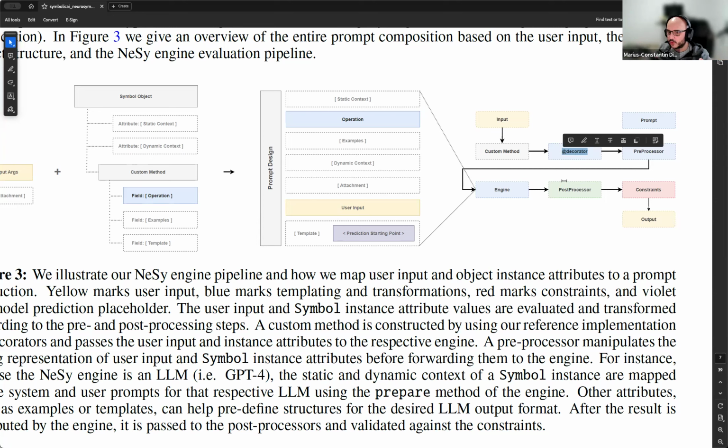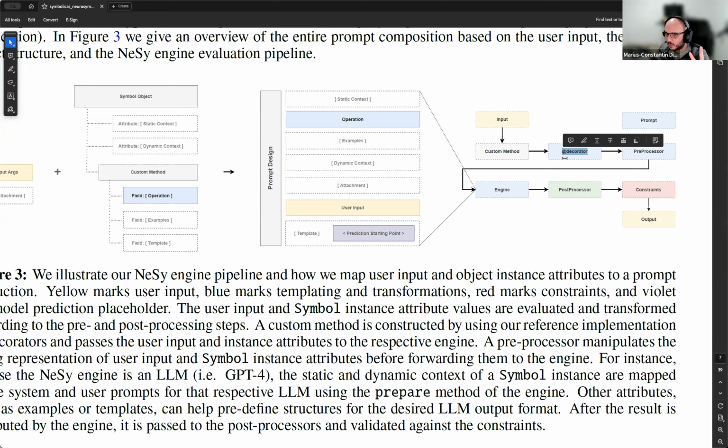So if you don't care about all the symbol manipulations and everything about that, and you just want to have an LLM in, let's say, one component, one method, with this few-shot example, you can just easily use a decorator from our standard library, tag your method, and from that point on, this goes to the Neurosymbolic backend.